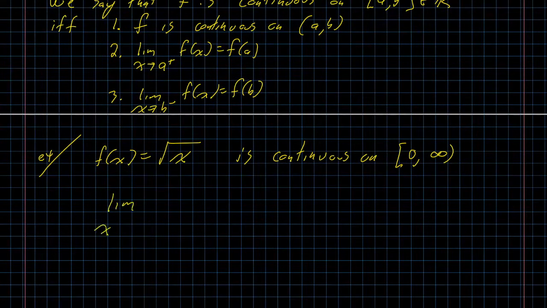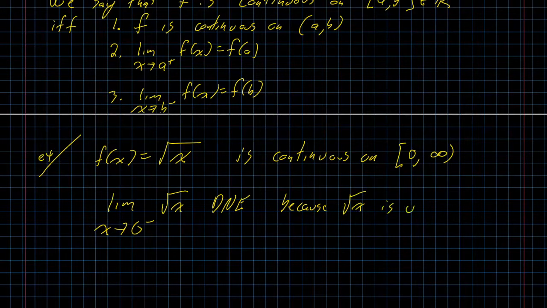The limit as x approaches 0 from the left of the square root of x does not exist because the square root of x is undefined on the interval negative delta less than x minus 0 less than 0. Right? The function is not defined anywhere there, so we can't satisfy that definition of the one-sided limit. So the one-sided limit of square root does not exist from the left, but